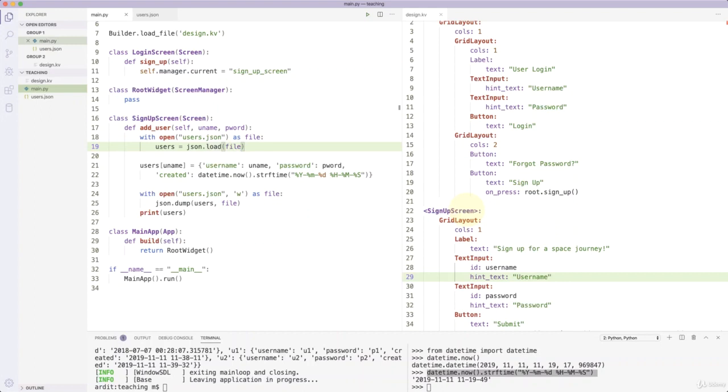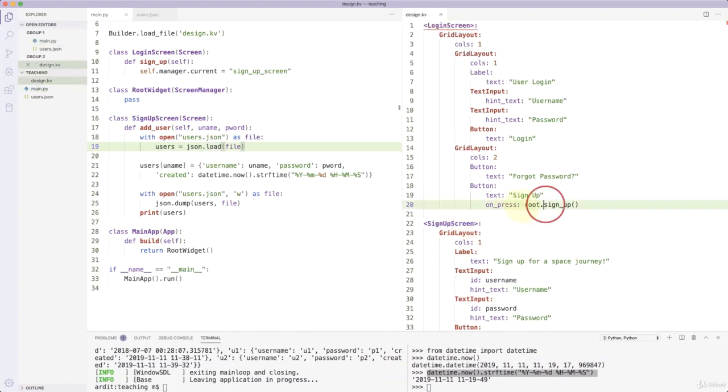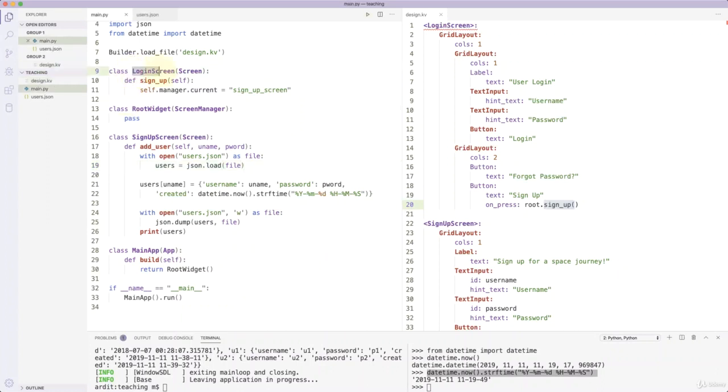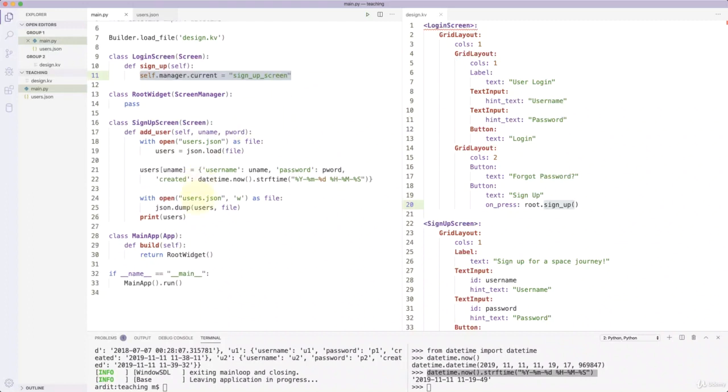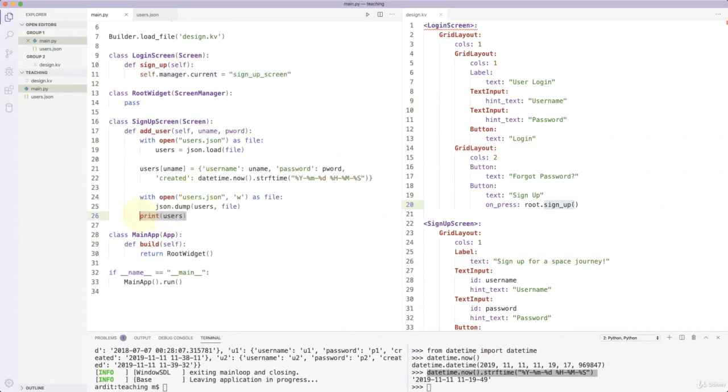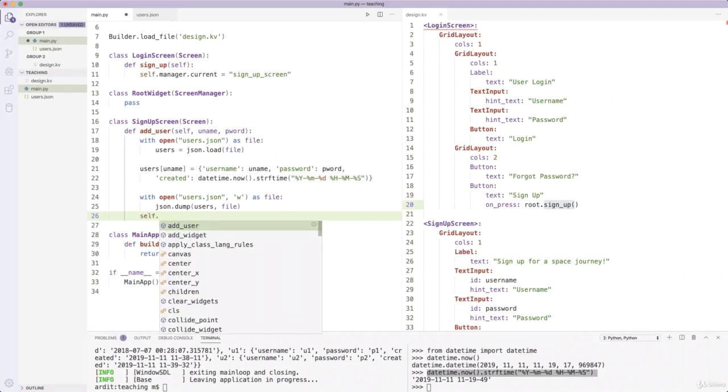So the way we did that was by writing, in the sign up function of the login screen class, self.manager.current equal to sign up screen. We can do the same thing in here. So the add user function is what is called when the user presses the submit button. So we can do